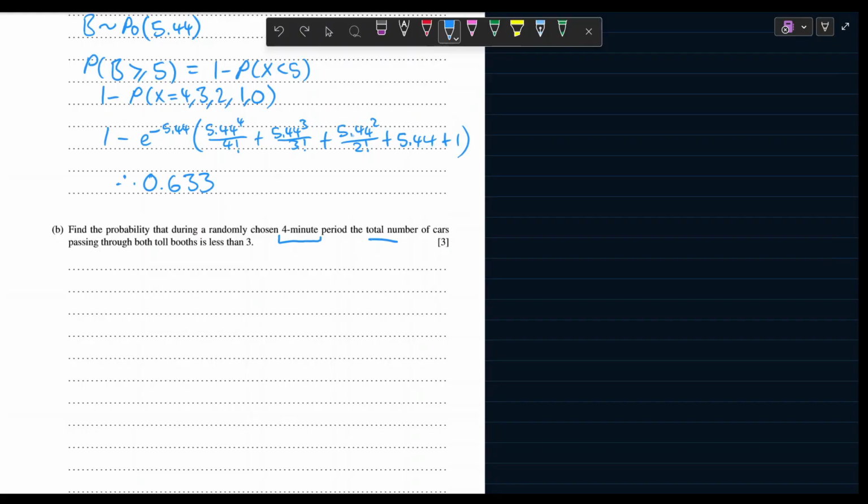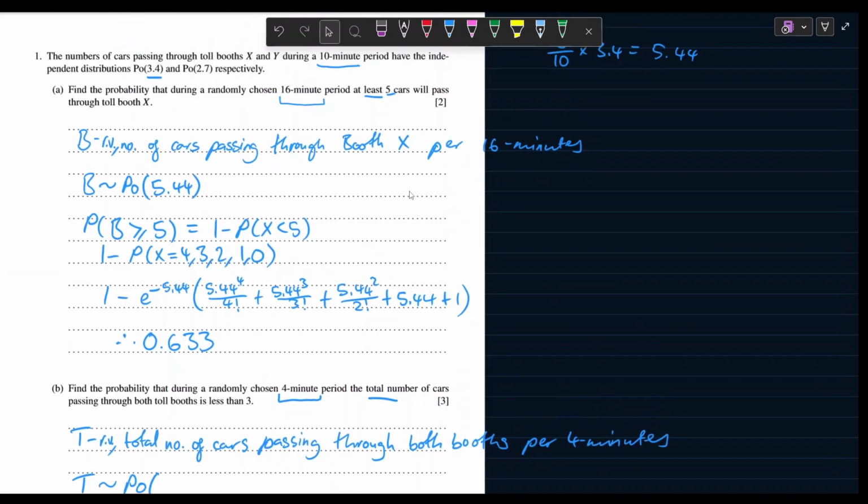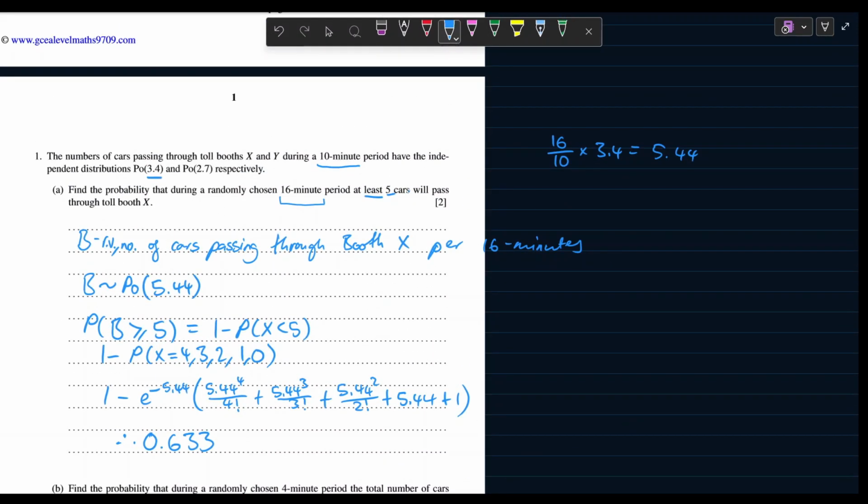Alright, so let's define our random variable. We'll call it T. That will be the total number of cars passing through both booths per 4-minute period. So T is going to follow a Poisson distribution. All right, and our lambda is going to be, first we need to find the number of cars passing through